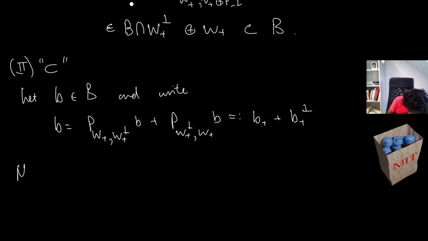So now B plus perp is clearly, right? So from what we said before, because the W plus is a subspace of B, always, by construction. So therefore,